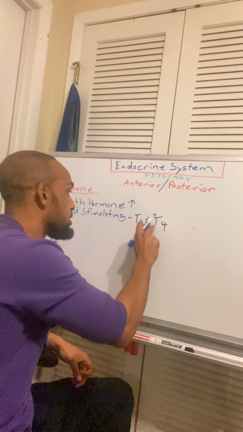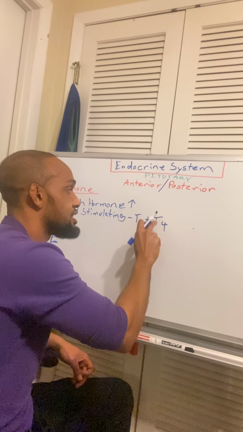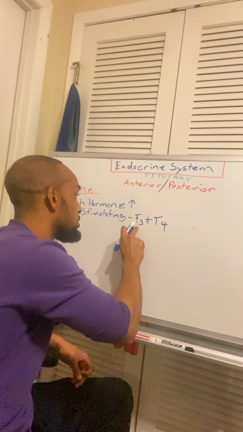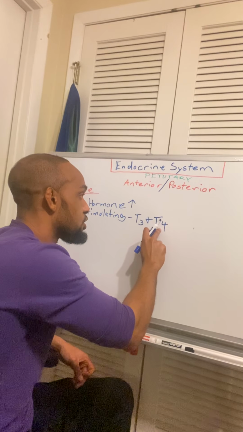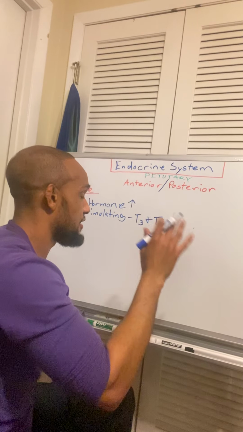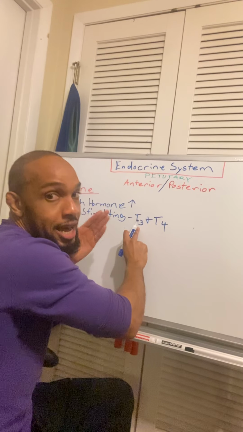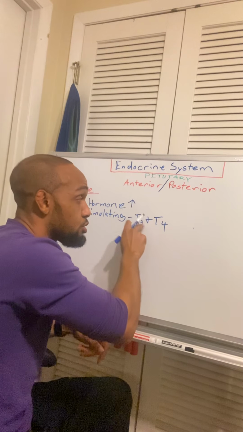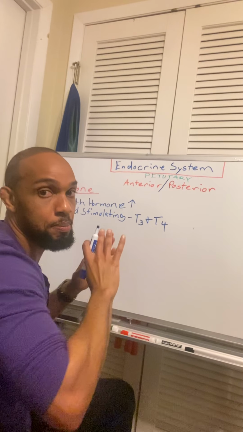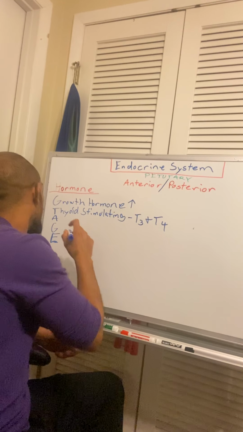And T3 and T4, the main difference between the two is that T4 is an inert or inactive version of T3. So T4 is eventually going to lose an iodine, if I'm not mistaken, and then it's going to turn into T3, tri-iodo, hence the term T3. So T3 is the more active version that's going to push that metabolism process forward. Then we have